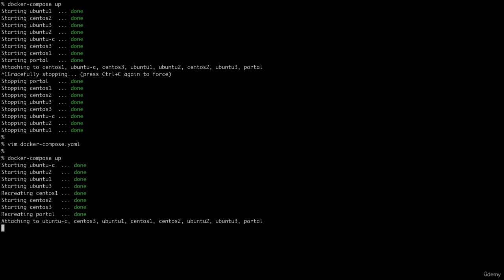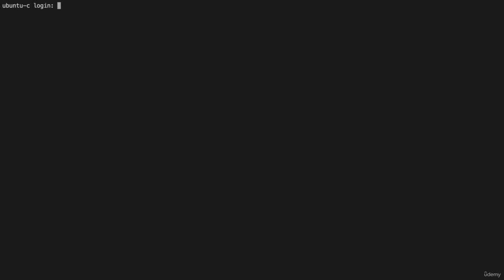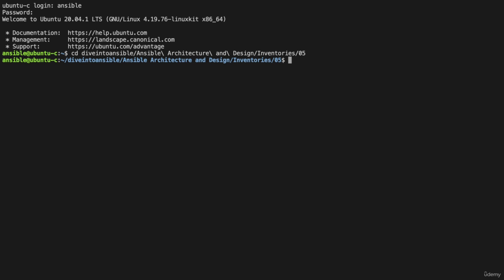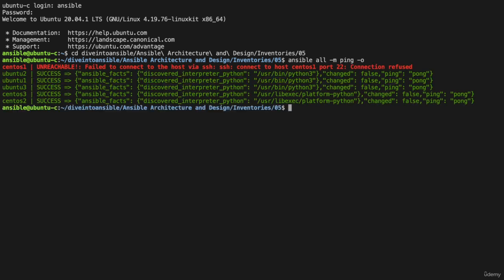and then go back to our lab environment and log in again, and we go back to revision 5, and now if we retry our ping command, you can see that we get failure as expected, as Ansible is expecting to communicate using port 22, the default port for SSH. If we now go into revision 6,